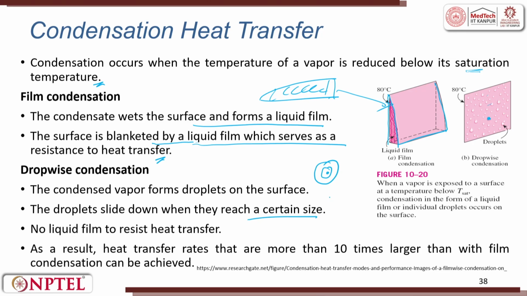The droplet also grows from small, a little larger, a little larger, it grows. Then after a certain time the weight is high, so it rolls down. No film is formed in the dropwise condensation. As a result, the heat transfer rate is more than 10 times larger than the film condensation, because it forms a surface area, the volume of the droplet is there. So, it tries to also evaporate. It also evaporates and then it goes away. So, dropwise condensation has more efficiency, more heat transfer rate.